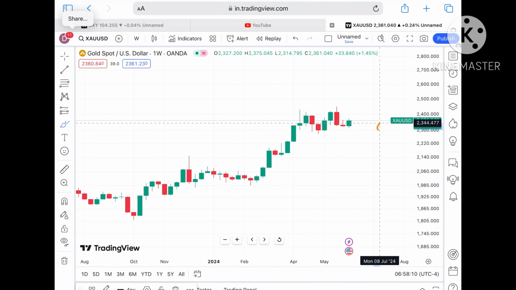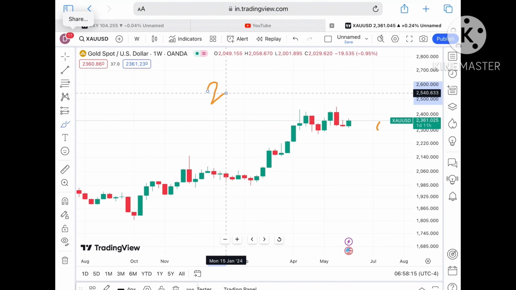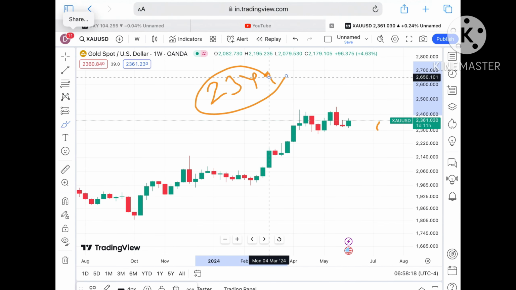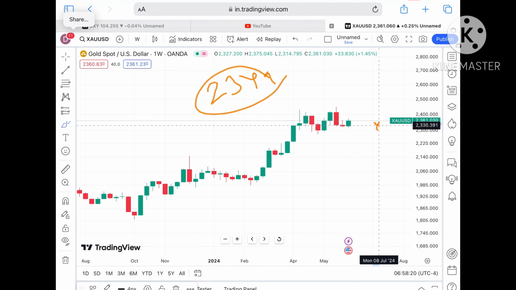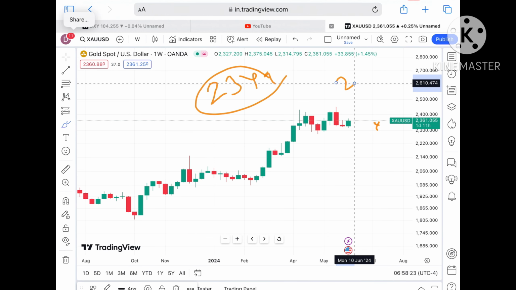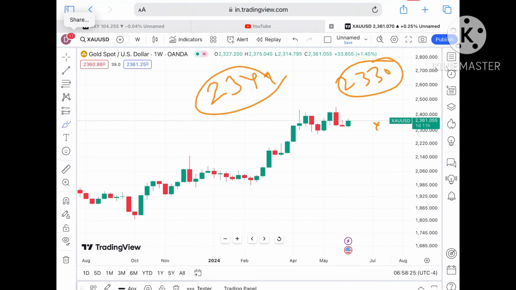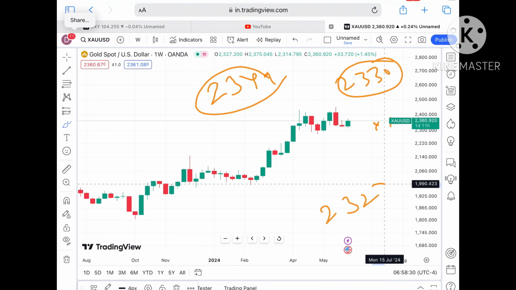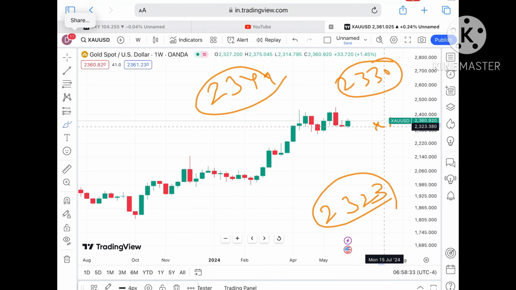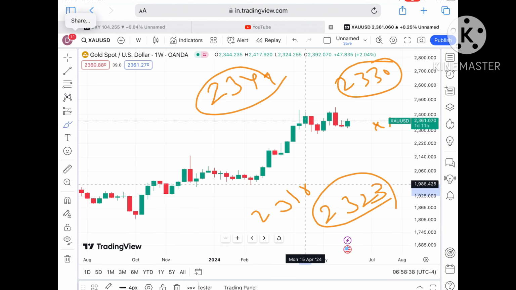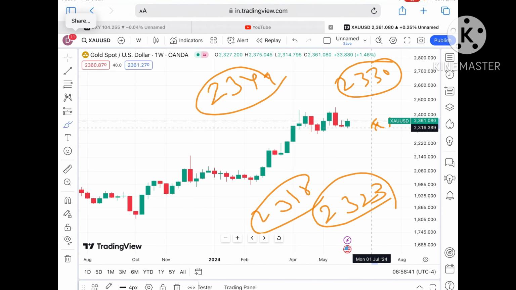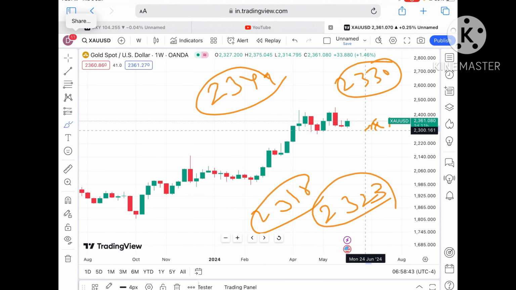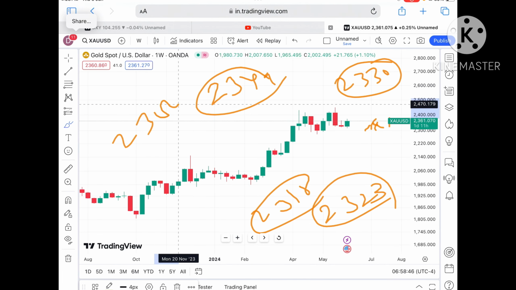But suppose the price doesn't sustain, it can come down again towards its next support at a level of 2349. If the price starts moving below that particular level, we can see a chance of going further low towards a level of $2330. Suppose the price starts falling below that level, we can see a chance of going towards a level of 2323. If the price starts moving below that particular level, we can see a chance of touching a level of 2318, and once it starts moving below that zone, we will see it cross a level of 2316, and from there it will go below a level